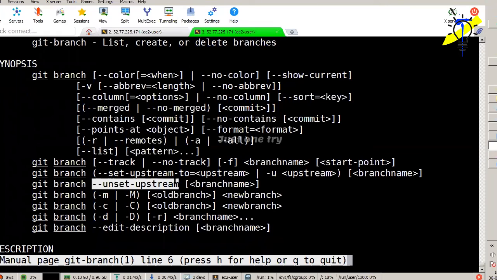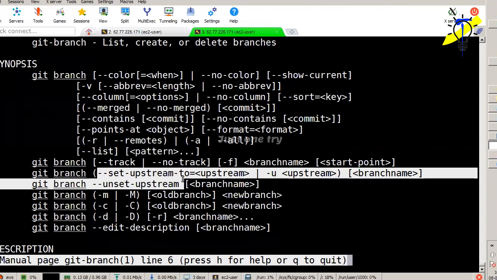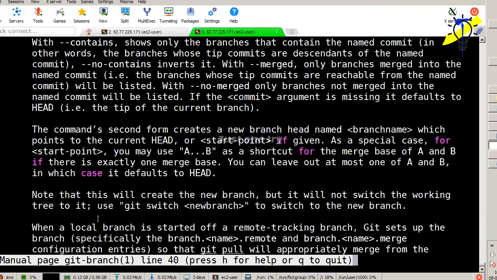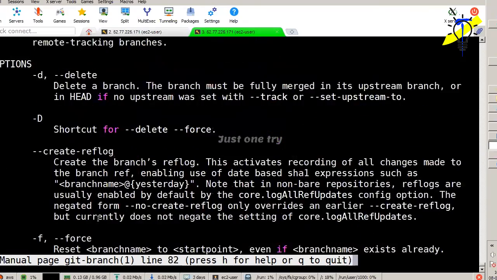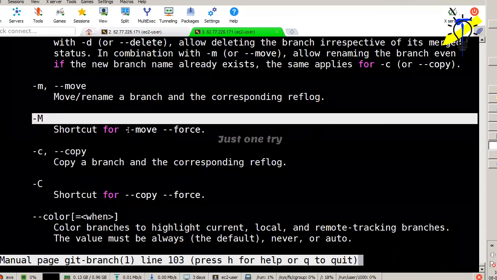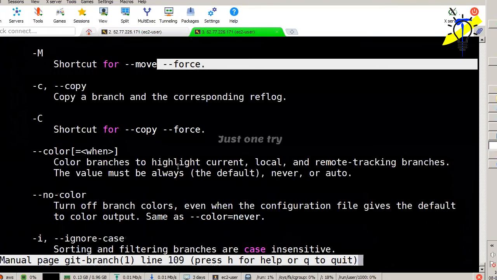If you want to unset the upstream, you can use unset upstream as well. And if you want to merge, or see old branches or committed things, or delete, branch delete, or edit the description. It helps you to clarify. C to copy, and M for move or force. Both ways we can use it here.